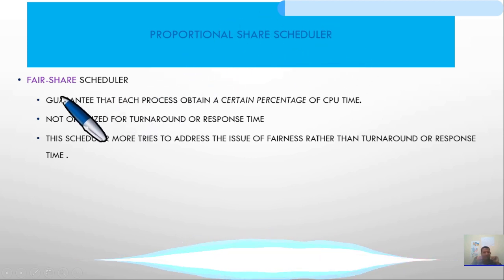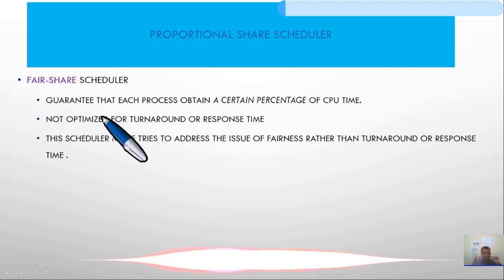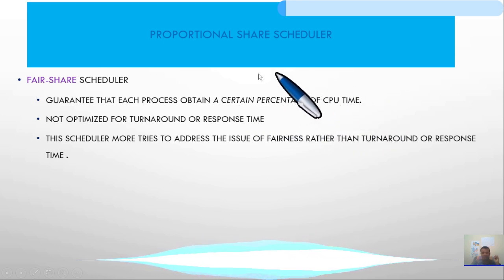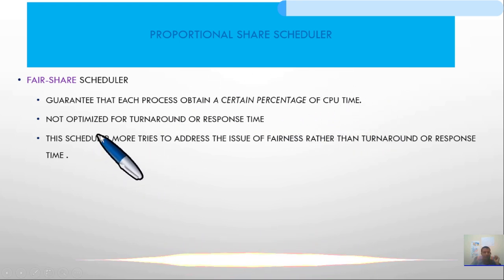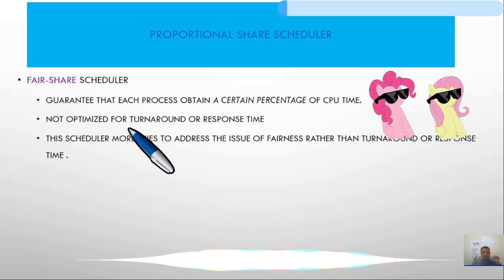The fair share scheduler guarantees that each process obtains a certain percentage of CPU time. It is not optimized for turnaround or response time, like round robin, first come first serve, or shortest job first schedulers.